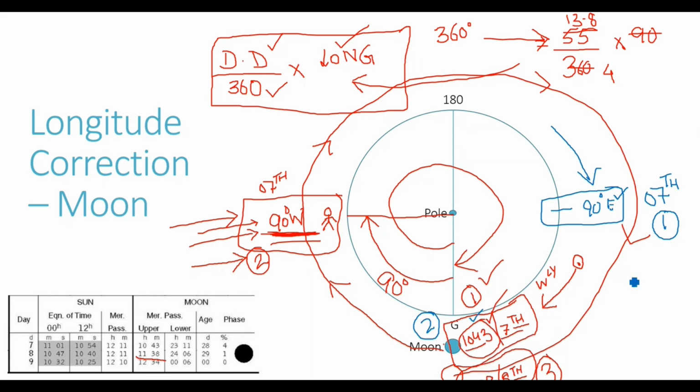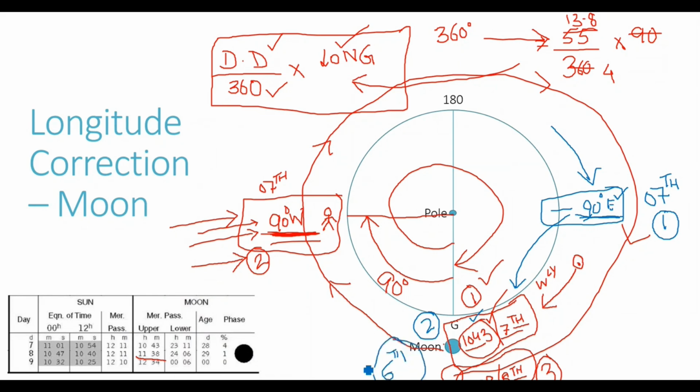meridian passage. So for 90 degree east occurrence, we cannot interpolate between 7th and 8th, because हमारी 90 degree east वाली जो occurrence है ये 7th और 8th at Greenwich इन दोनों के बीच में नहीं हो रही है। हमारी 90 degree east की occurrence 7th को Greenwich मरपास से पहले ही हो चुकी। So अगर हमें 90 degree east के लिए interpolate करना है, we will have to pick up the 7th value और एक दिन पहले, that is the 6th value. हमें 6th को ग्रीनविच पे मून का मेरिडियन पैसेज टाइम निकालना होगा।